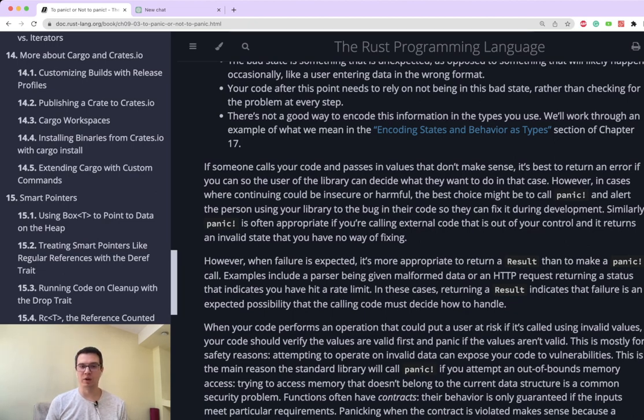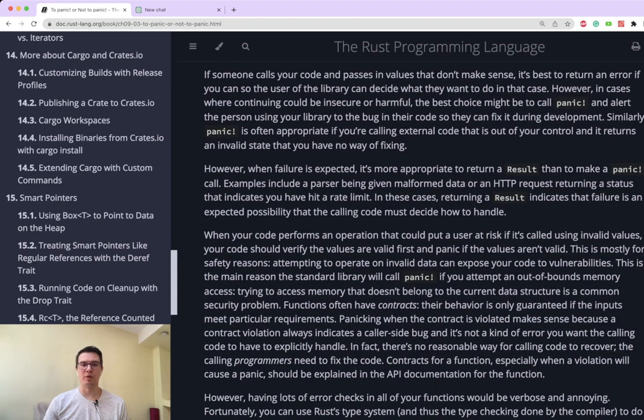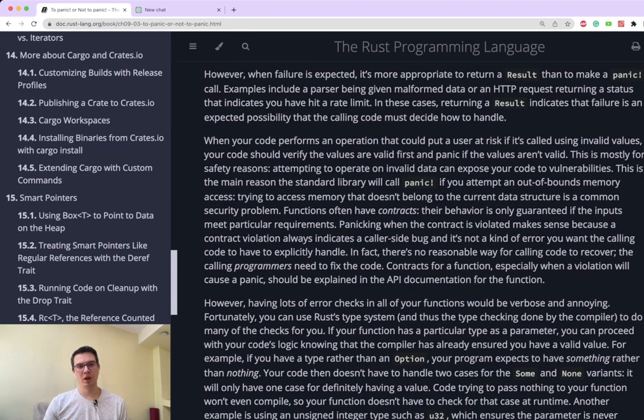Similarly, panic is often appropriate if you're calling external code that is out of your control and returns an invalid state that you have no way of fixing. Okay. So there still might be situations where, if a mistake is possible only at the development level, you probably prefer to panic so the developer can fix it before release. However,